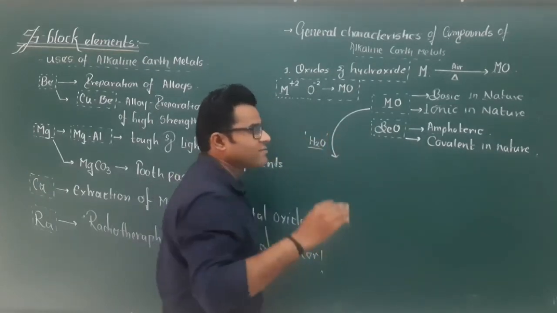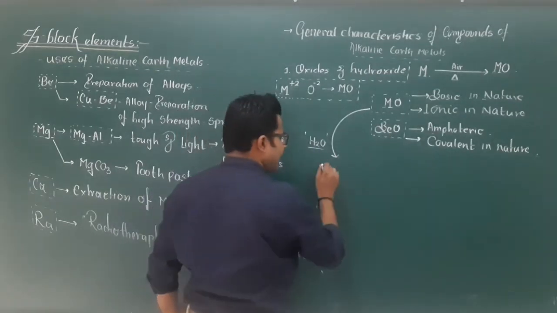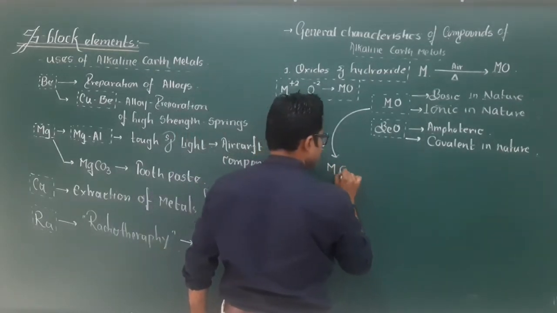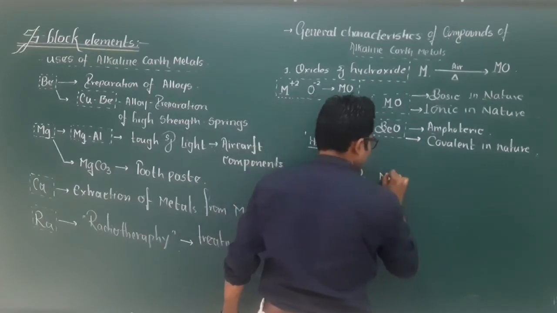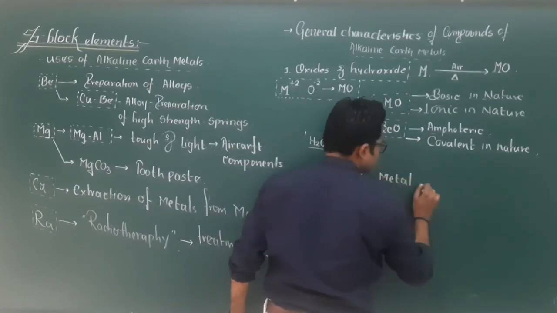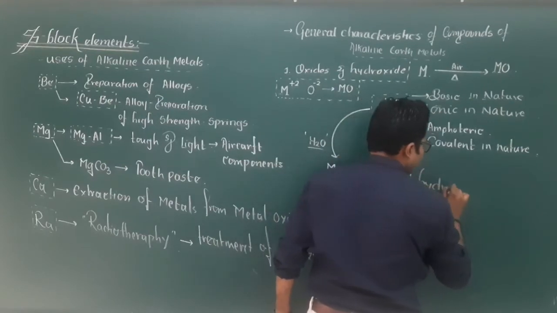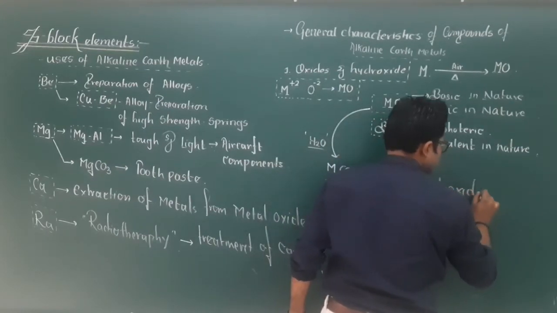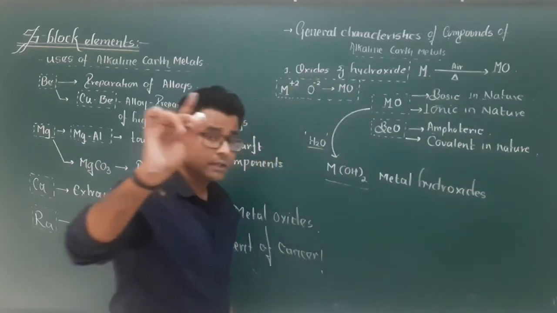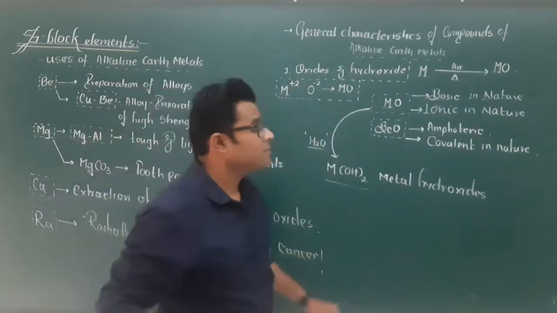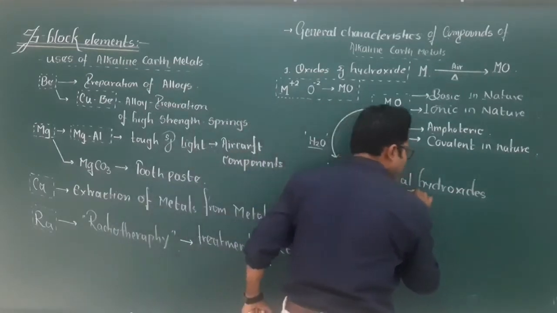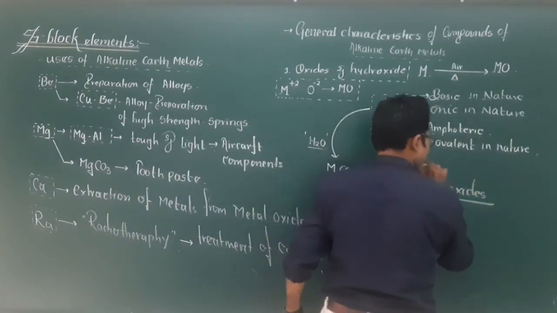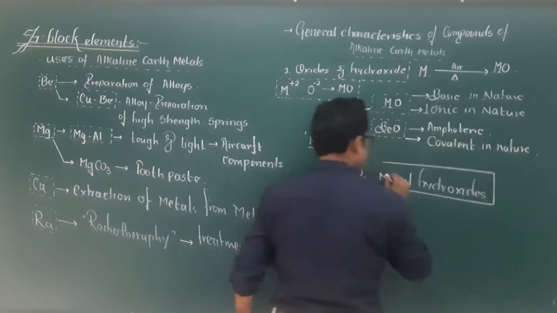As we react this with water, all of these have a tendency to get converted into their respective metal hydroxides. They are getting converted into metal hydroxides here. Okay. So now, when we take a look into these metal hydroxides which are formed,